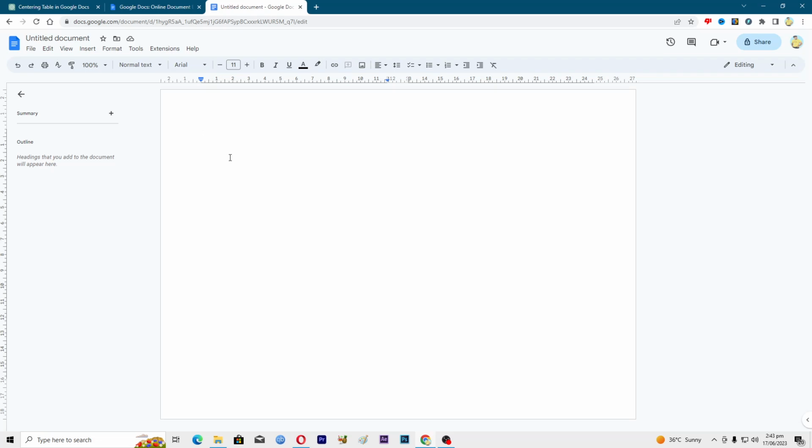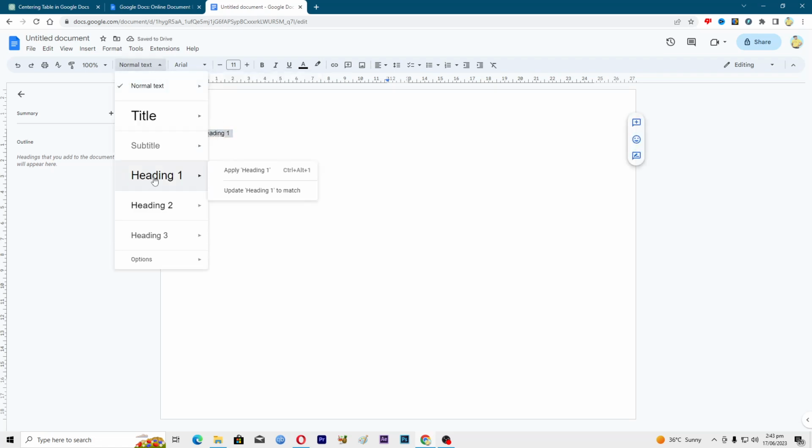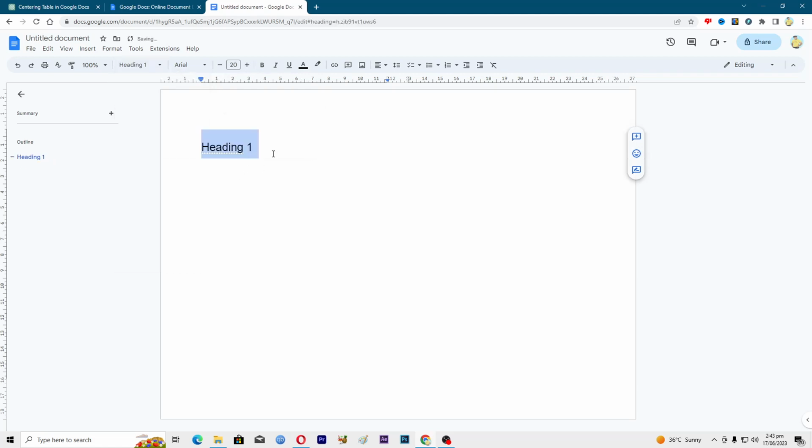So let's suppose if you want to add some text here, heading 1, select the text and give it the style as you want. Then if you want to make a list here, just click on this checklist here, add some kind of text here like this, and if you want to add an image here, just click